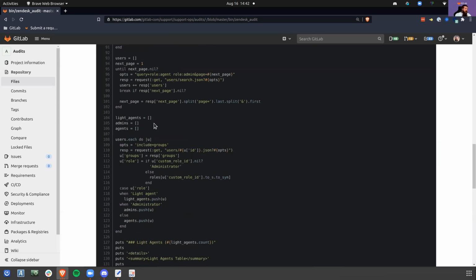So from the next part, we're doing a loop through all the users, and we're including the groups on the user, and we're doing a request on each user's ID number. That way we can get information about them. We're making sure that we set the user's groups to the groups, the role to the